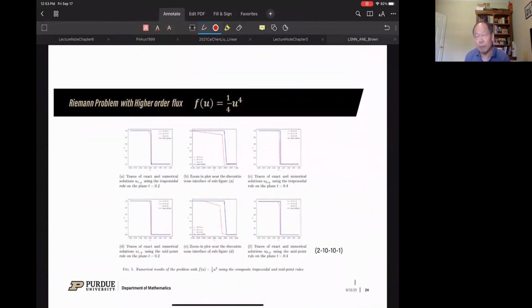Once we are done with the Burgers equation, the natural next step is to do other convex fluxes. The next step is higher order: fourth order, sixth order, etc. This one, you probably cannot see the picture, it is so small. Basically, all these simulations use our new finite volume scheme, but with a different class, a family of orders.